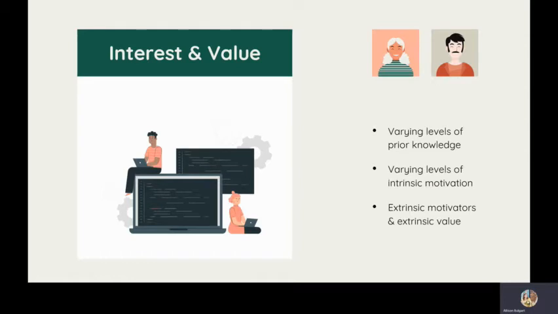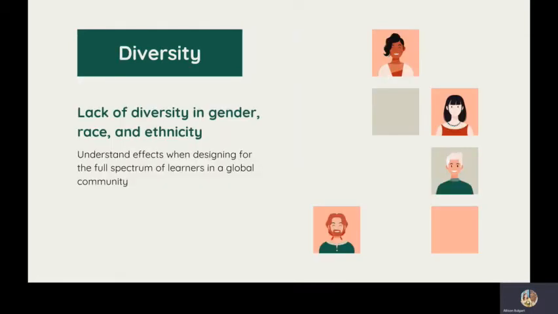value of the course. A key issue for architecture organizations is the lack of diversity in gender, race, and ethnicity in the industry. This issue is significant when considering the lack of team member diversity that designs education environments for the full spectrum of learners in our global community. The course will encourage an aware mindset that understands the important ways gender, race, and ethnicity impacts the learning space